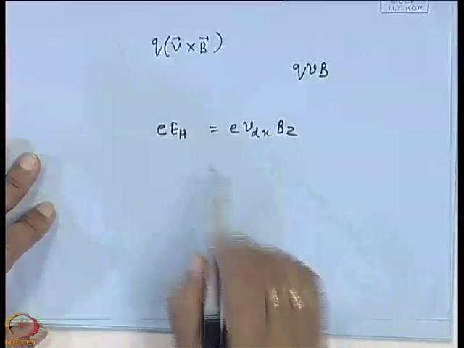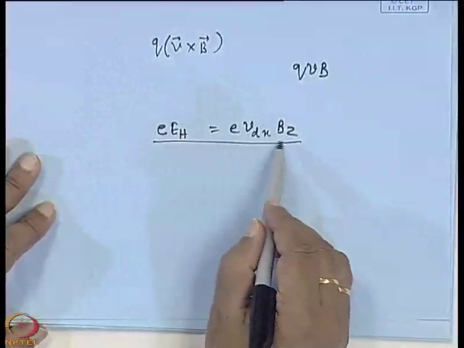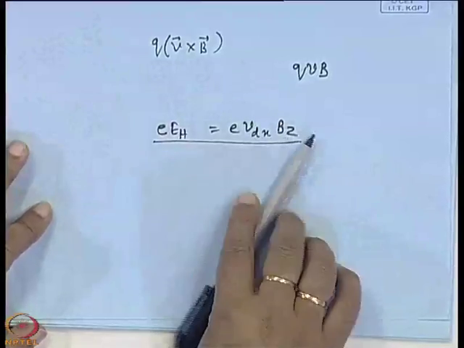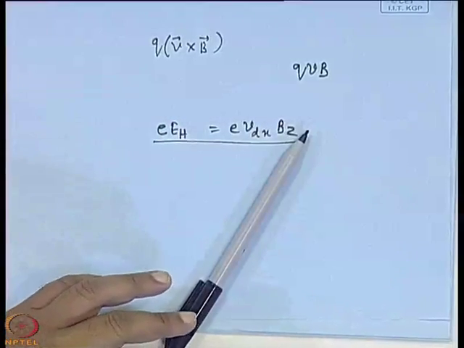It is metal, not semiconductor, because the discussion becomes very convincing if you use a metal. First, the Hall effect was discovered in probably 1829 or so in a metal only, not in a semiconductor. Then we used the theory of Hall effect in semiconductors also. So this type of situation will be there when E_H equals E V_x into B_z,